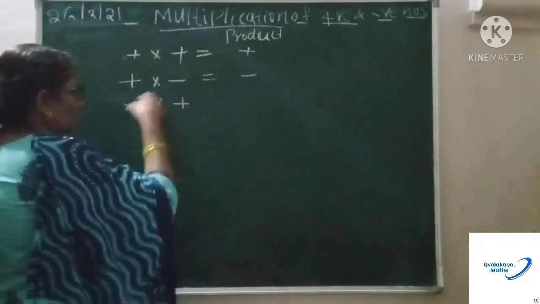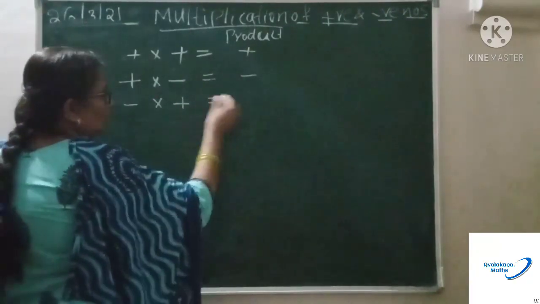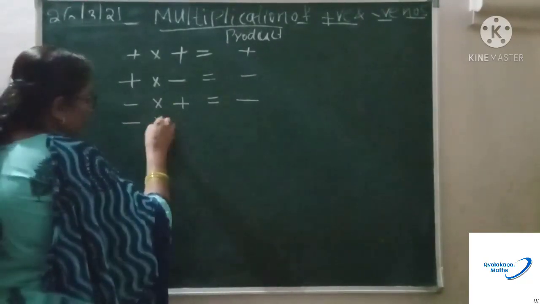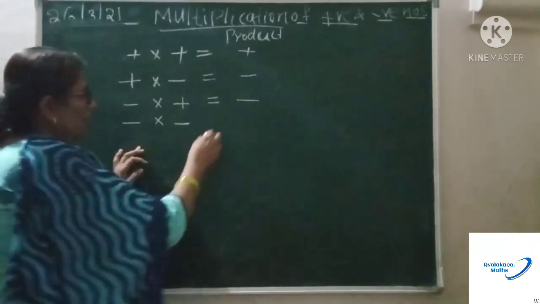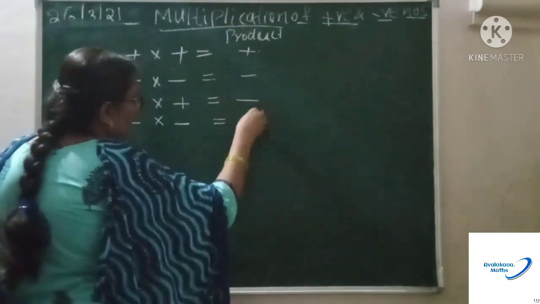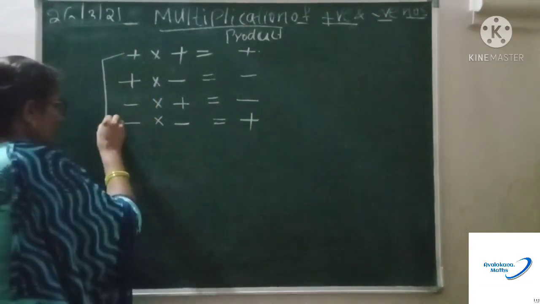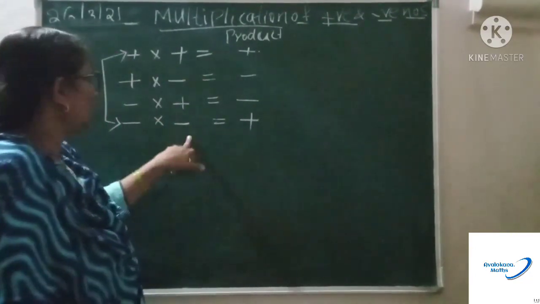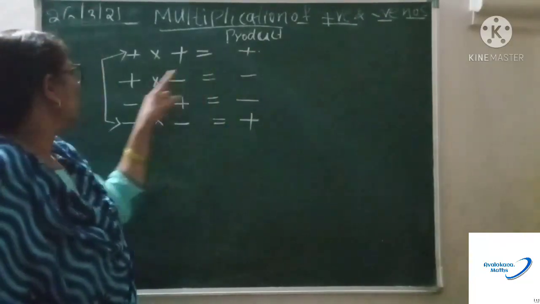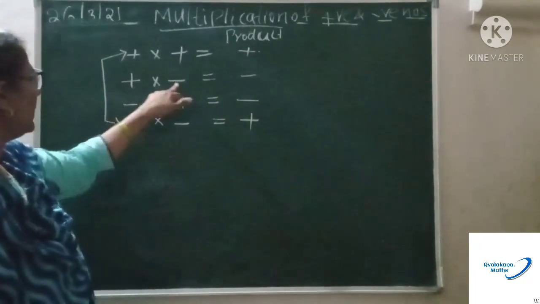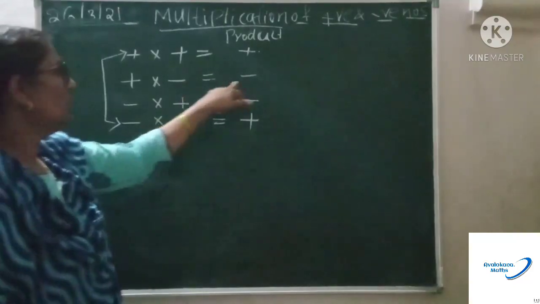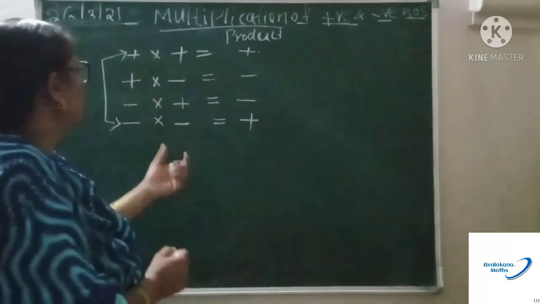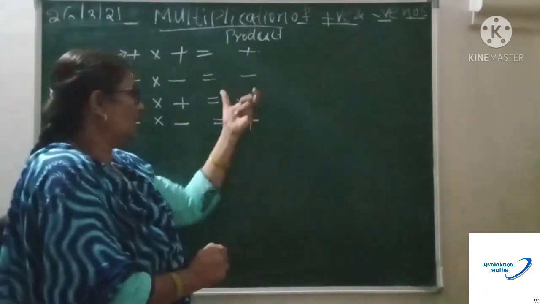Once again, negative and positive multiplication are the same here. You are going to get the product in negative form in that case also. And when both are negative numbers, you are going to get the same thing, that is plus. When both numbers have the same sign, either both positive or both negative, the product will be in positive form. If one is positive and the other negative, you are going to get the answer in negative form.